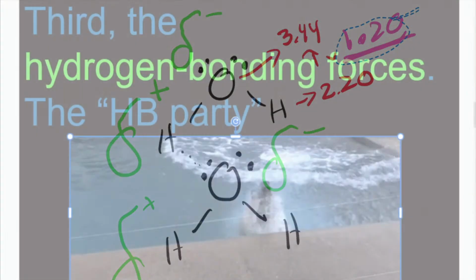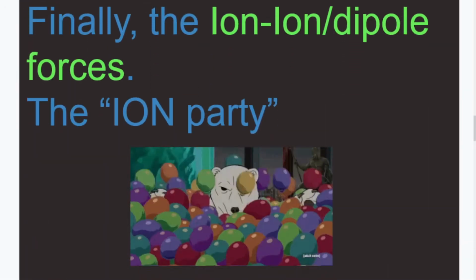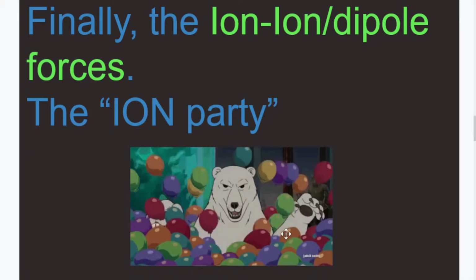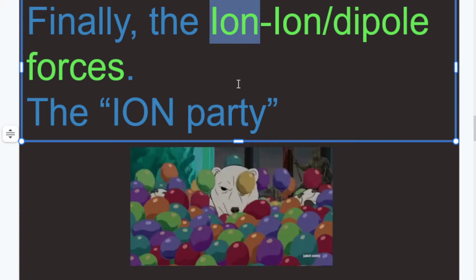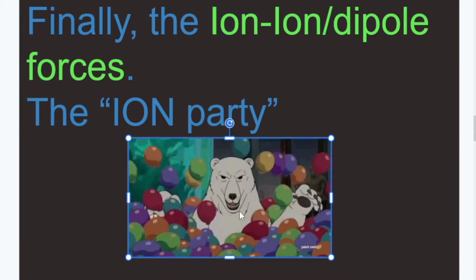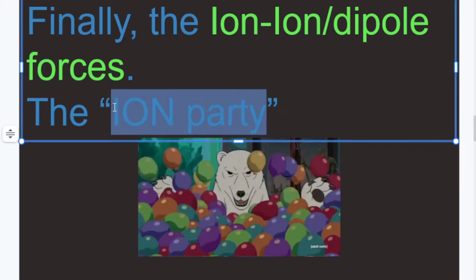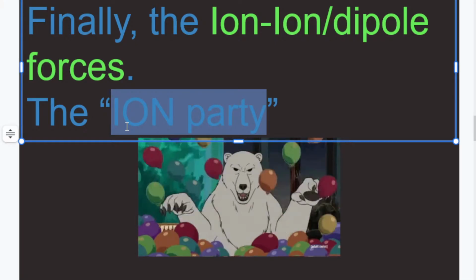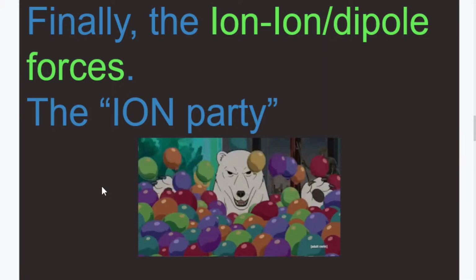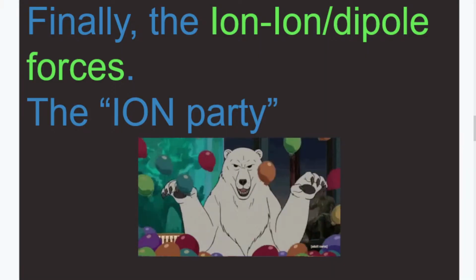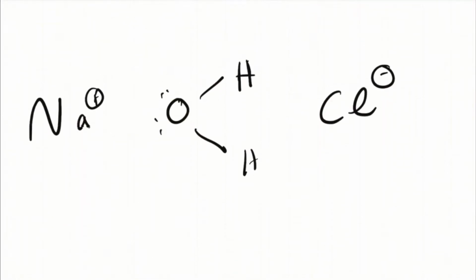And so you might be able to expect what's coming next is the biggest difference in charge. What happens when you're not partially charged, but what is an ion? An ion is a full charge. This is the scariest, most extreme, quote unquote, political party, the ion party. If LDF was fairly neutral in its leanings, the ion party is very extreme. And so we'll return to where we started this lecture, the idea of why the heck does salt dissolve in water?